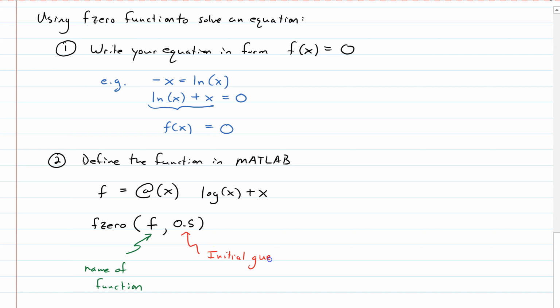How do you come up with your initial guess? The best way to do it is to make a graph so you can have some idea of where this occurs. Because the problem is this function might be 0 in many places, and you want to make sure you're getting the right one. So you want to give MATLAB some idea of where to start. Okay? And then it will tell you exactly where these two things are equal. Let me illustrate that